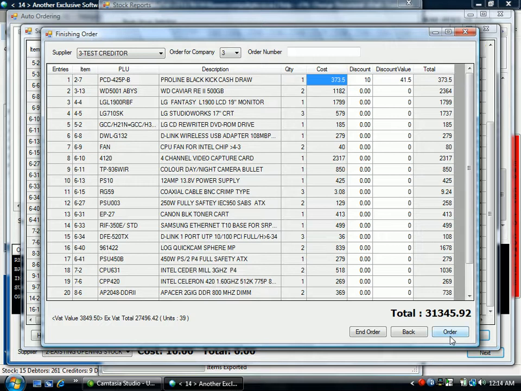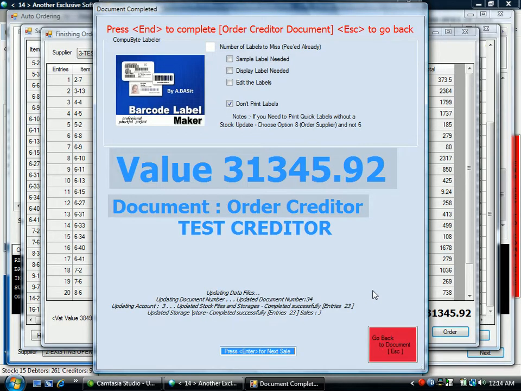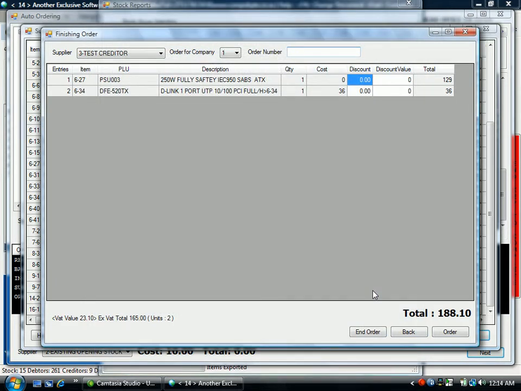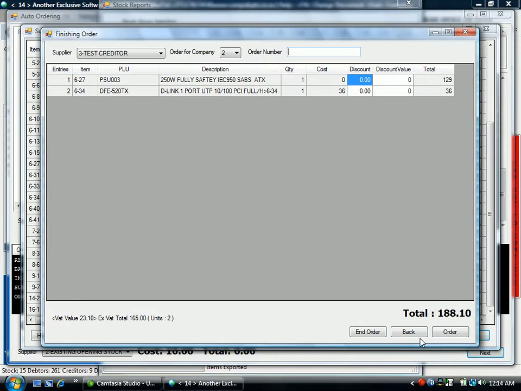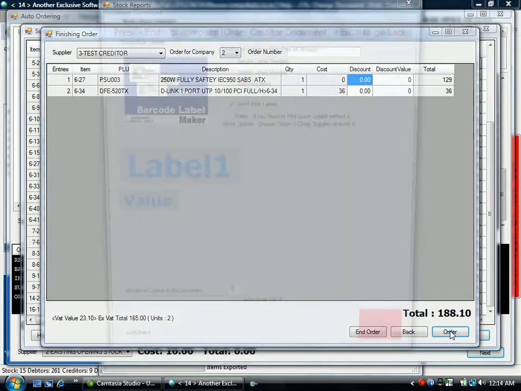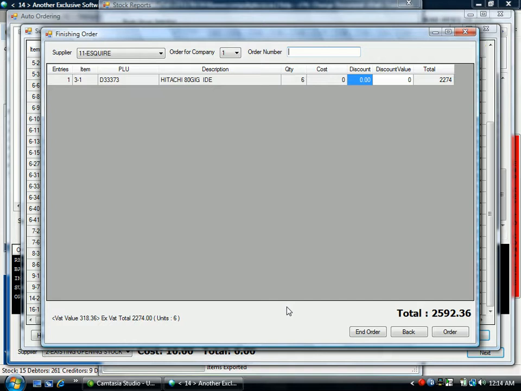Now I can say order, and now it will order. So the order is placed and immediately the order is updated as well. Now it shows you immediately the next order. I can place the next order, enter, and it will place my next order. Place my next order, and that's the next order. Like this, all your orders can be placed and the orders stored on your system. I'm going to close the system,